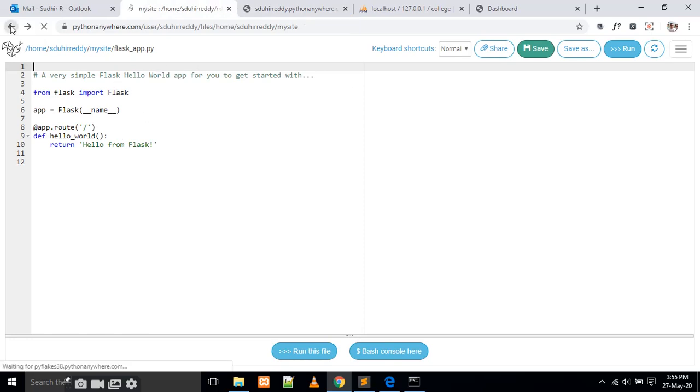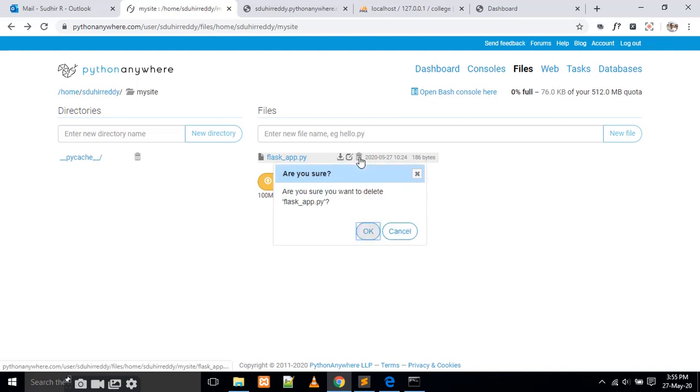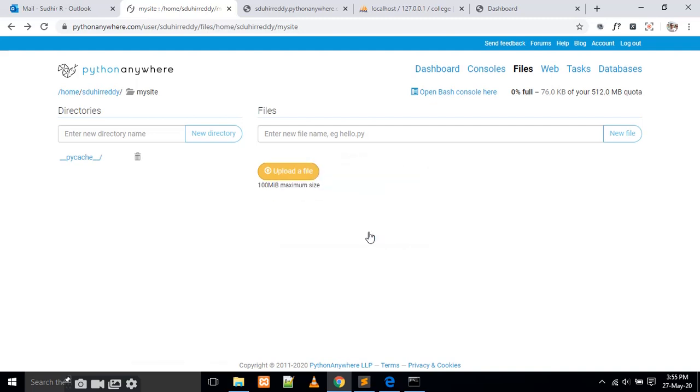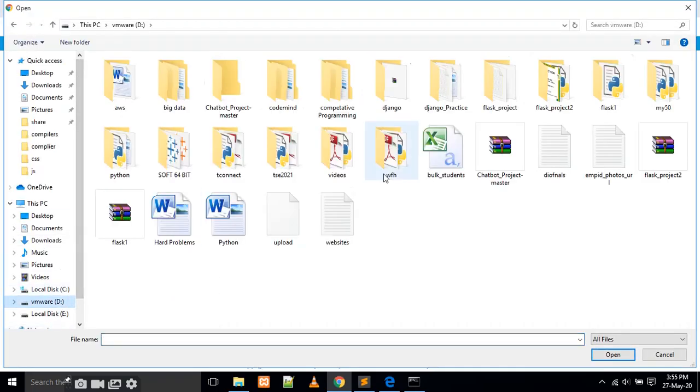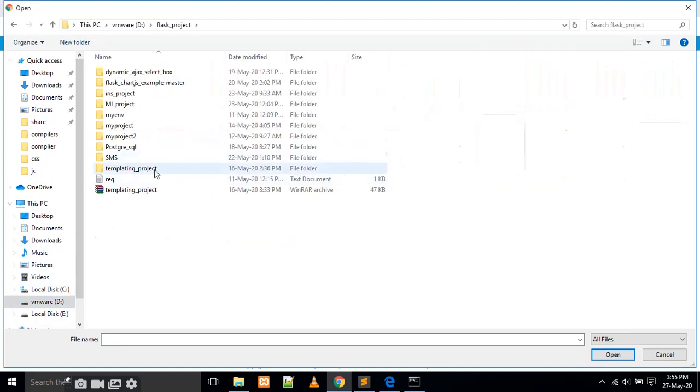Then I am coming back and I am going to delete this file. First of all I am going to insert static pages, then I am going to upgrade to the databases. That means something dynamic like that. Now I am going to upload into my site one file. What is that file? That file is going to be from my project.